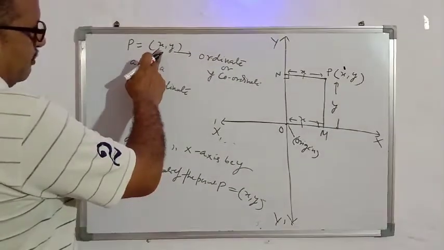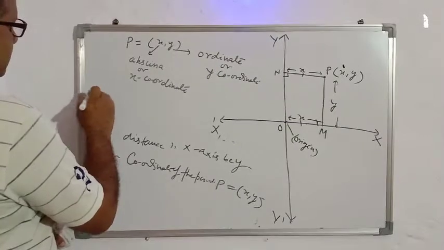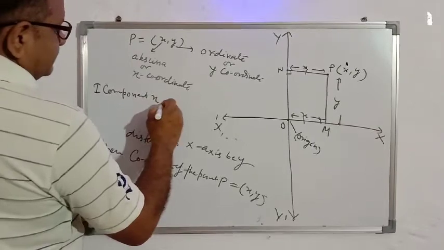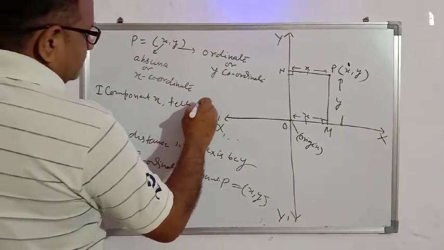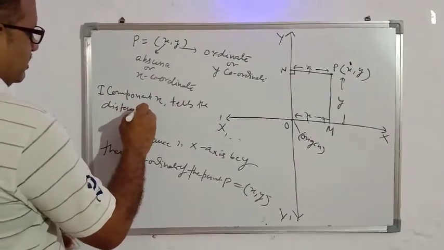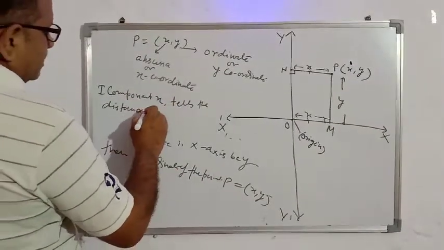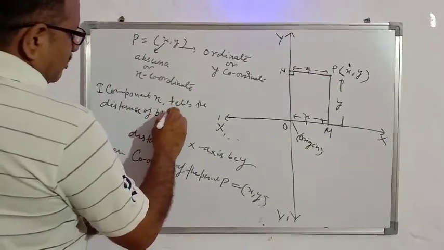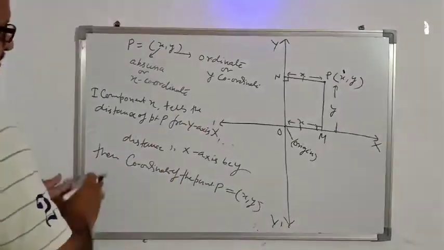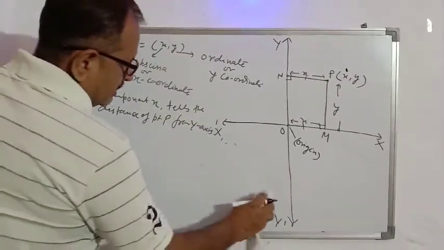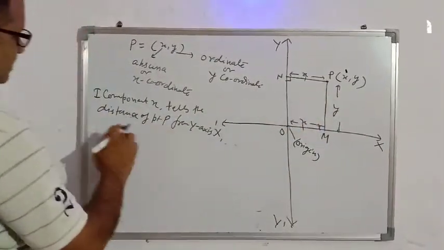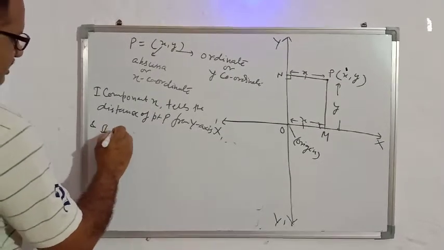What tells the first component and second component? First component x tells the distance, means perpendicular distance of point P from y axis. First component x tells the distance from y axis and second component